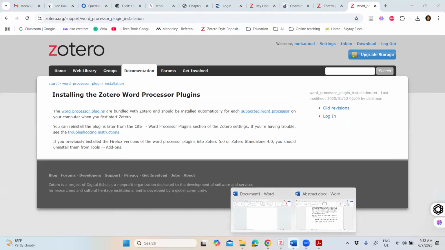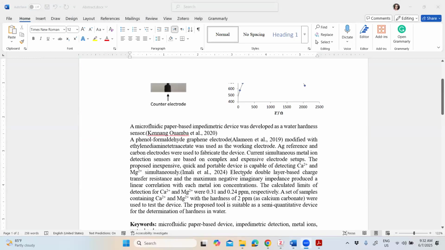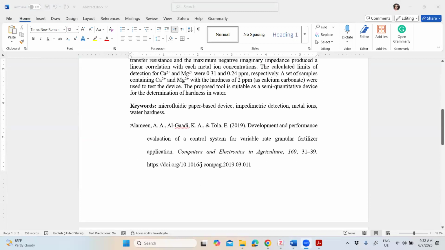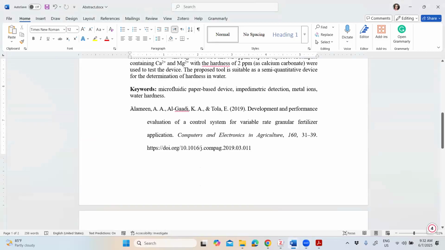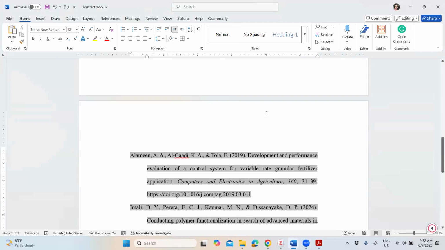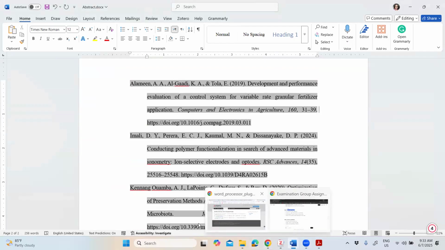Yes, now in this one, the bibliography is the reference generated at the end of the document. So you have references in text. Then I created the bibliography at the end of the document. So you can see here, here's the bibliography at the end of the document. I generated it using Zotero. I hope that's the question. If not, please